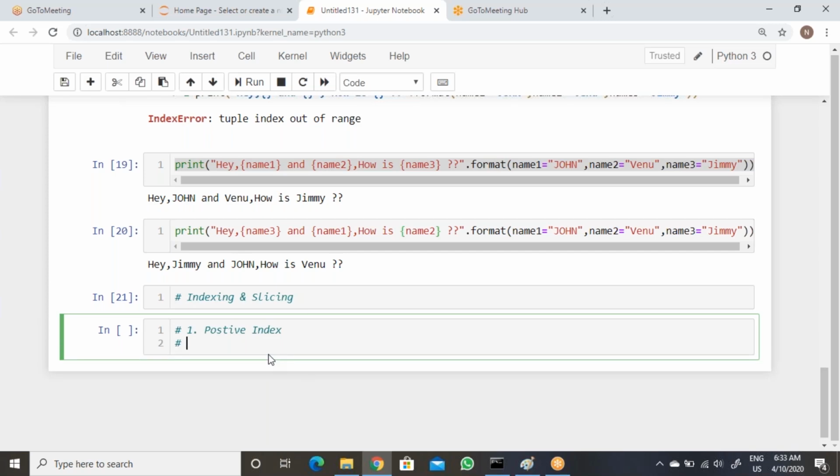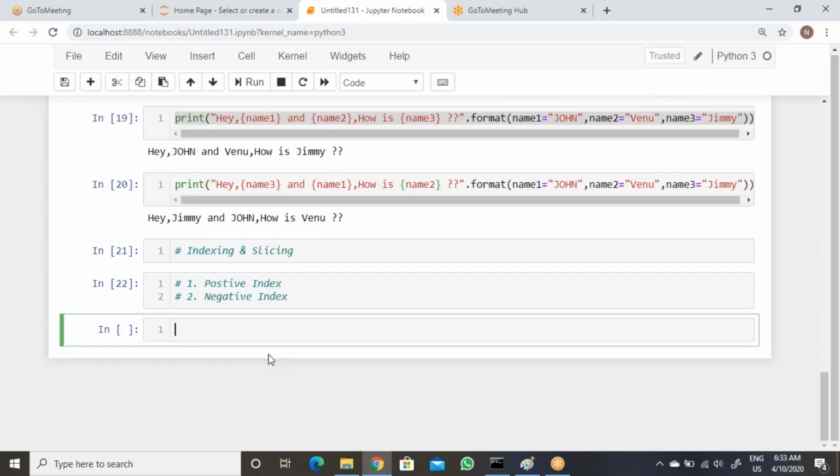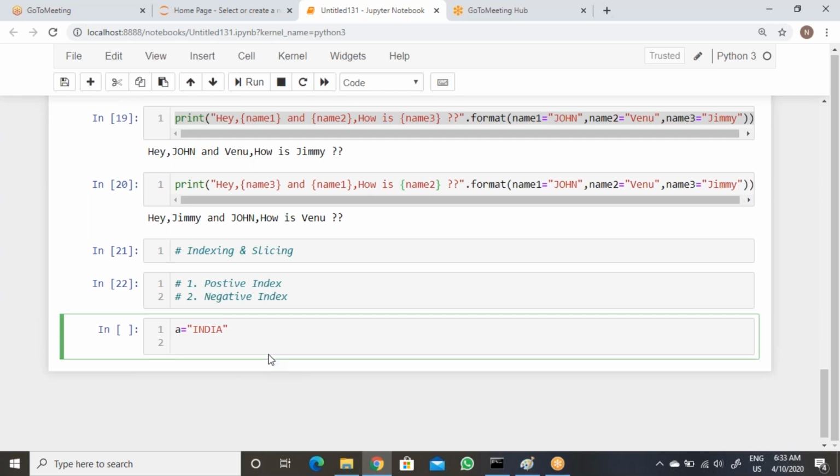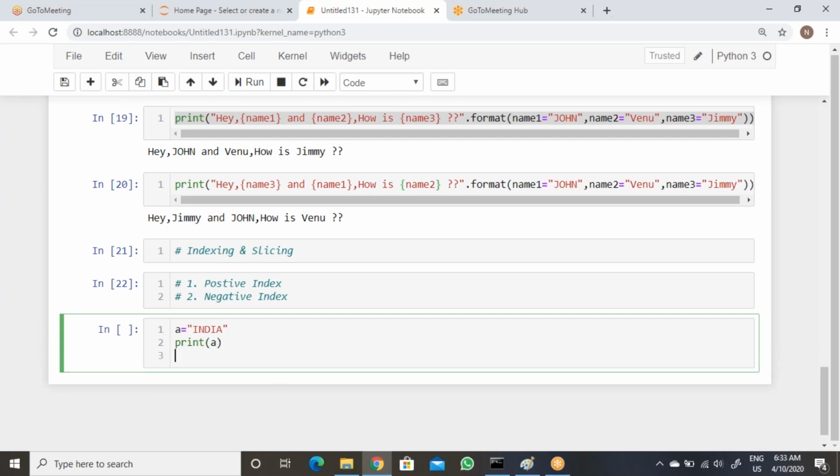So now we have important concept that is called indexing and slicing. Indexing and slicing. Okay. So now let's see. So why? See, we have two types of indexing. Okay. So we have positive index. Okay. Then we have negative index.